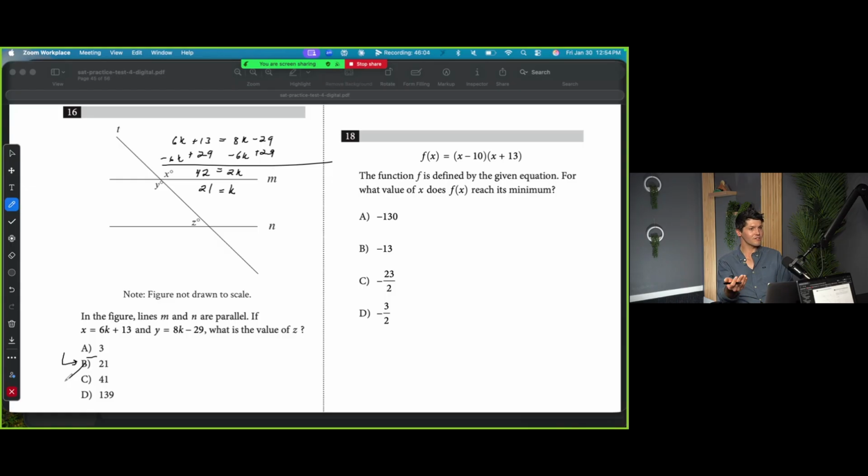Now, what is the relationship between C and D? D is the obtuse angle corresponding to Z. Perfect. So it'd actually be the value of X and Y. Yes, which is another Eureka mistake, right? So you solve for X, you solve for Y. So we could certainly check. And by the way, as soon as we've checked, what's up with X, which is probably the next step either way. Right? We don't have any equation to represent Z. No, that's back to the geometric side of things. Yes. Cool. So maybe I'll use 6K plus 13, and I'll say, since we know that K is 21,